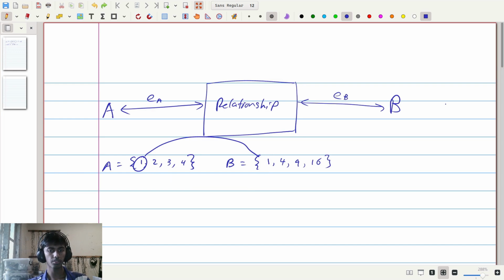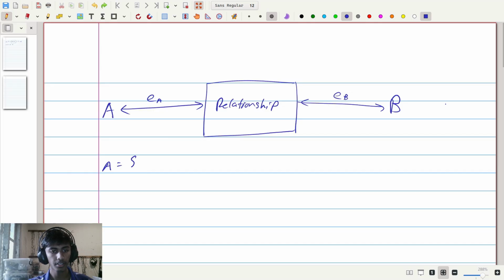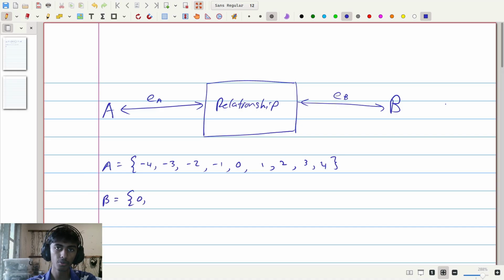This is of course not always the case. If we consider the set A to be instead, say, let's start from -4, -3, -2, -1, 0, 1, 2, 3, and 4. If we consider this set, and if we consider B to be the set 0, 1, 4, 9, 16, we'll put the squares, it's easy to explain. If this is the set B,